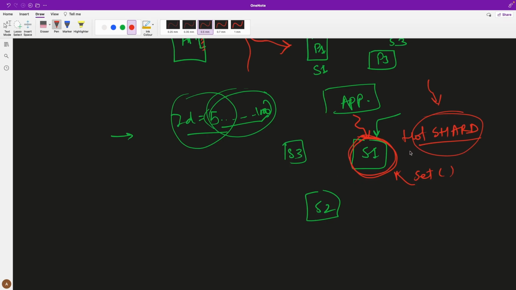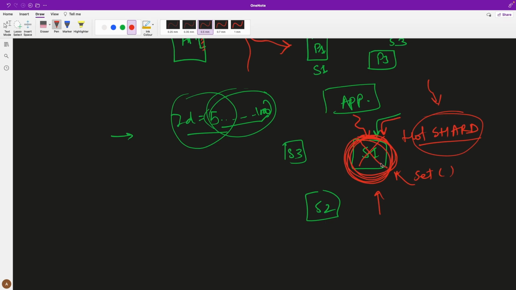The next problem is that this shard is responsible for providing the data it owns, and if this shard dies, you lose the data, because you don't have a copy of it anywhere else. So you have to replicate the data on this shard to other nodes as well, to make sure that you do not lose access to the data.